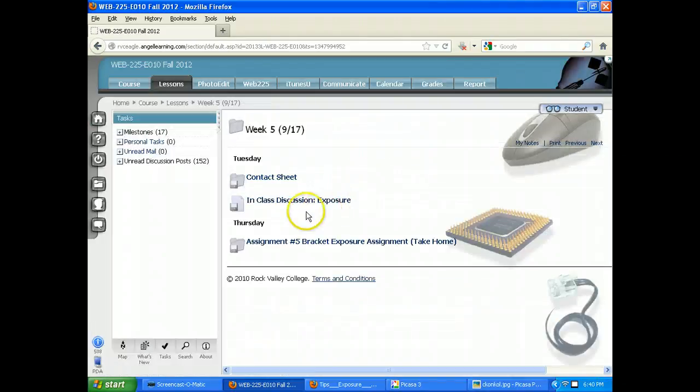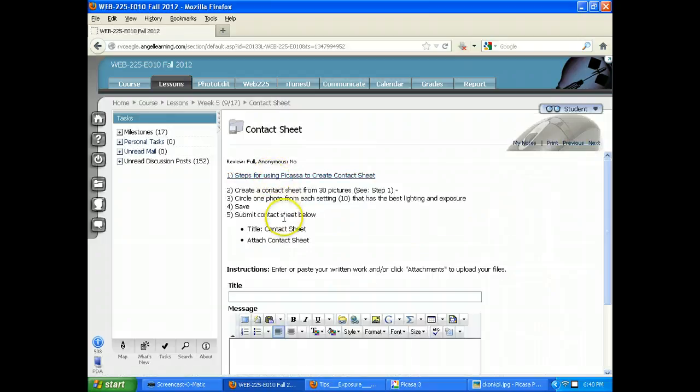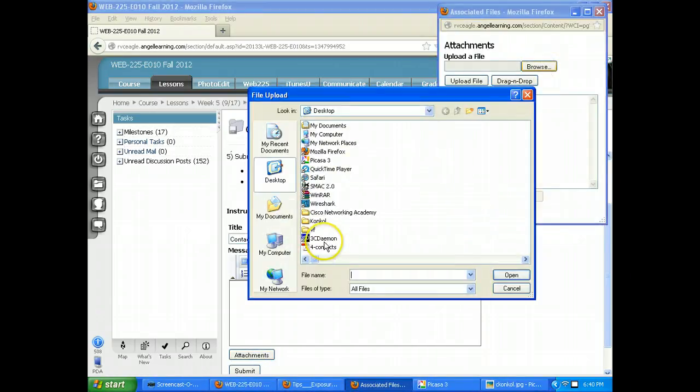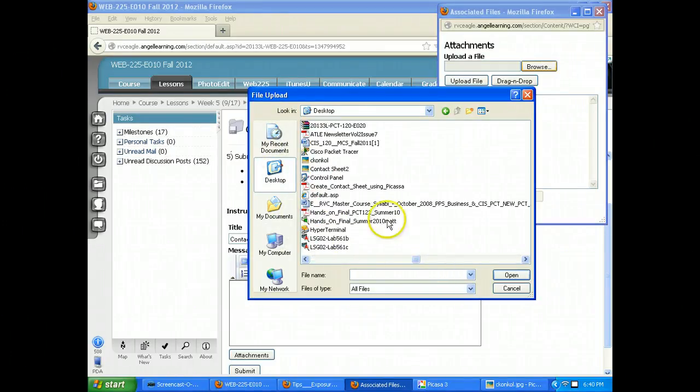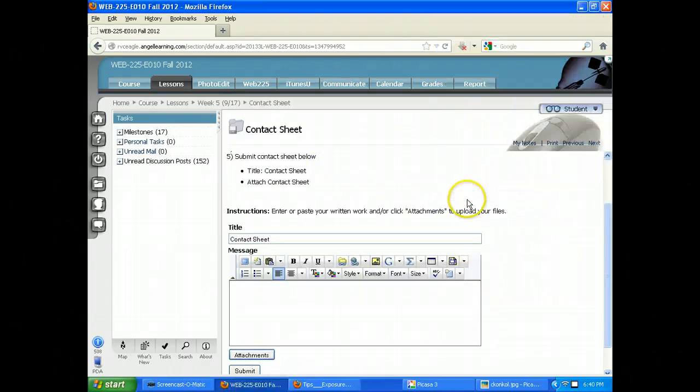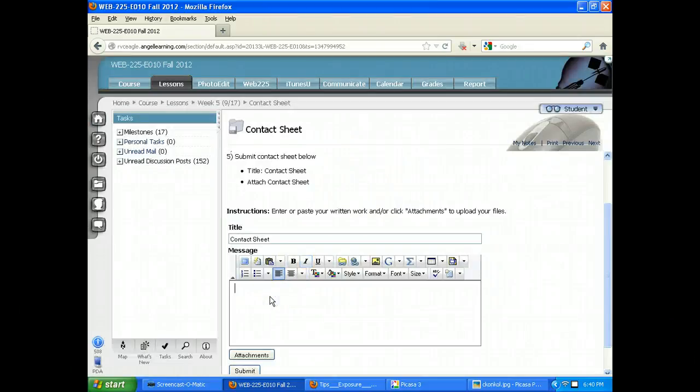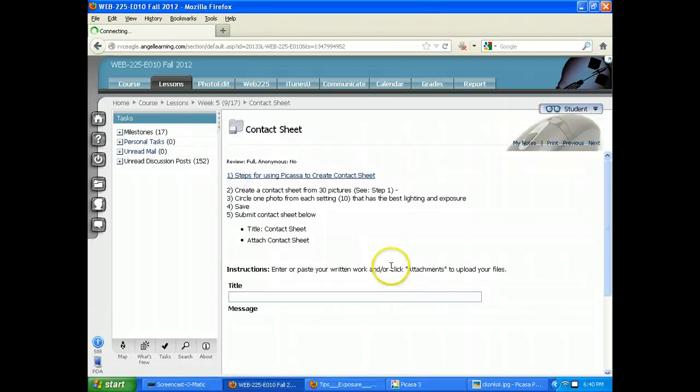It says contact sheet. At the very bottom of contact sheet is where you'll submit, title contact sheet. Click the attach button. I'll browse out to that image. There it is. And submit it. And make sure before you leave tonight